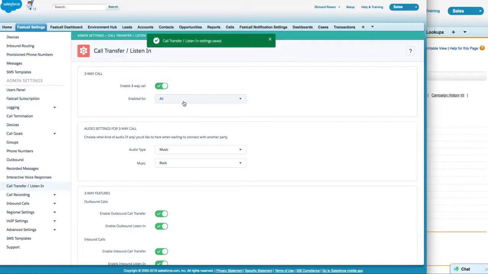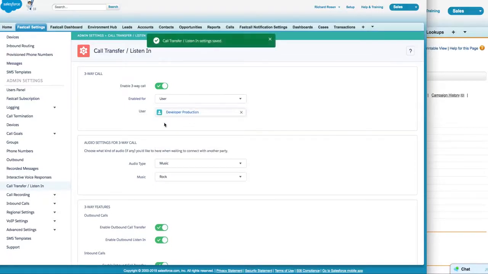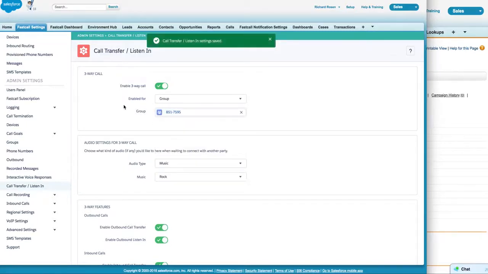Now, one of the things that's new, am I enabling this for all, which is going to enable this for all of your users, which is how we've always had this feature, but we've now enabled you to specifically set a user for listen in or a group. One of the reasons why you might want to do that is you only want to listen into one person at a time. So you're going to set up that user so that all the other users have your standard two-legged call, your standard call, and the party that you're going to be observing